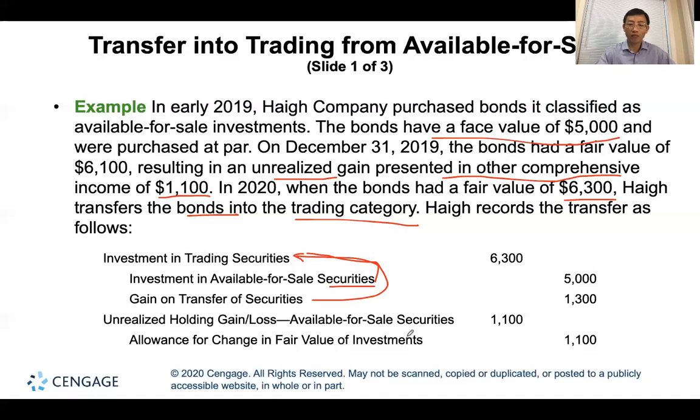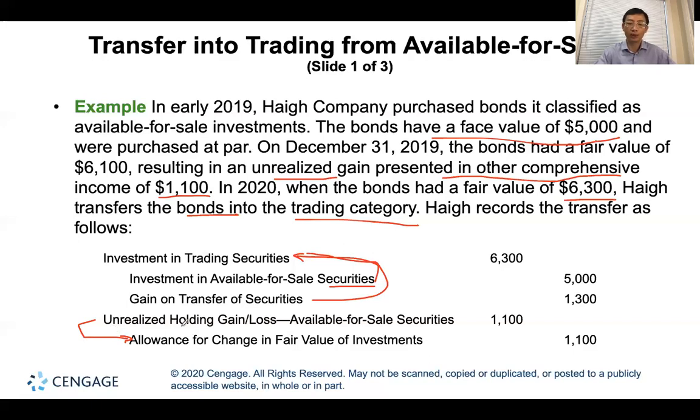transfer the $1,100 unrealized holding gains from the comprehensive income into net income, directly go into the income statement. So